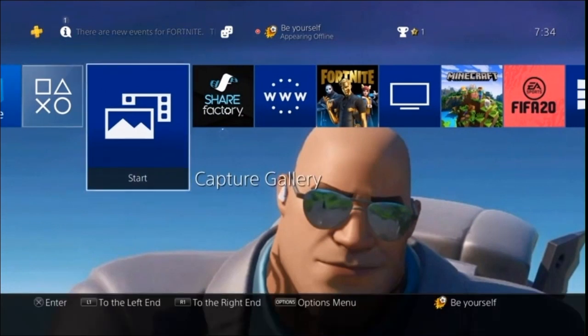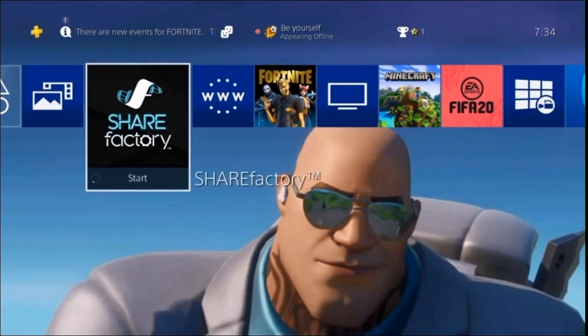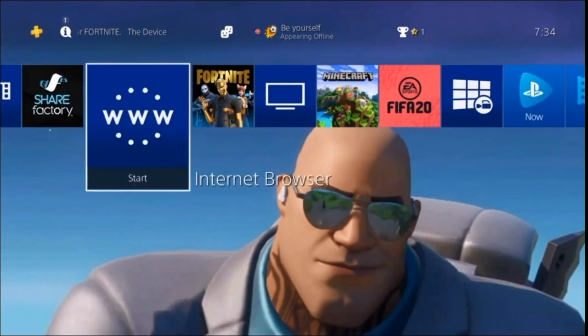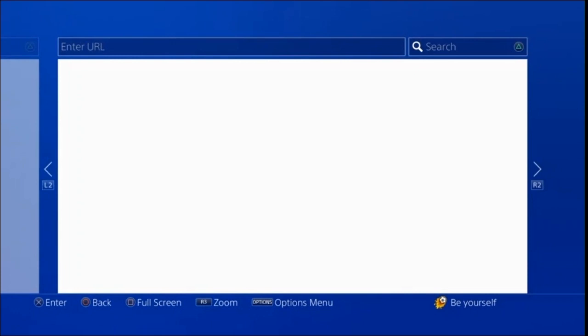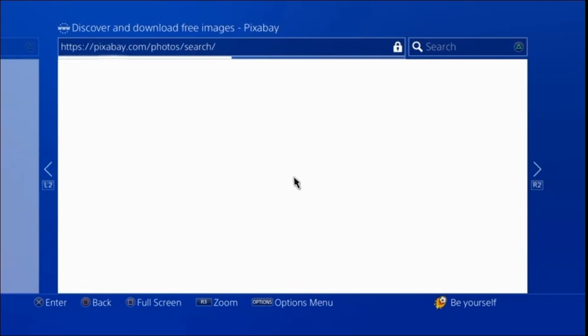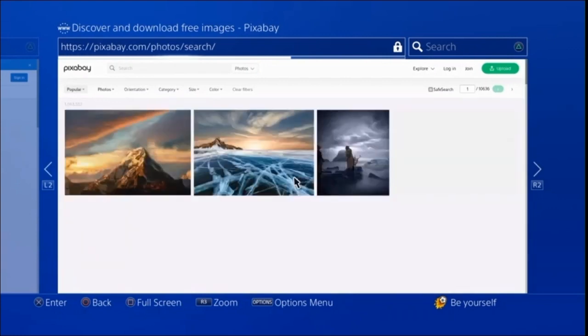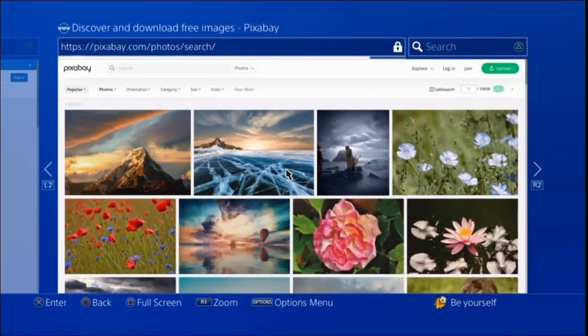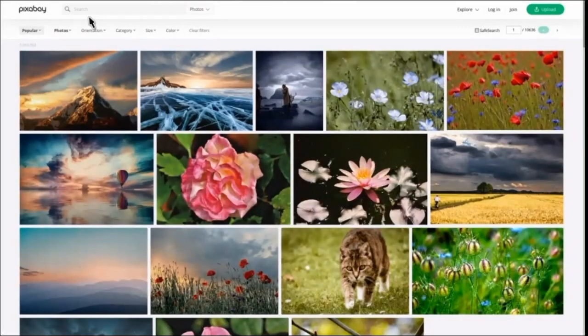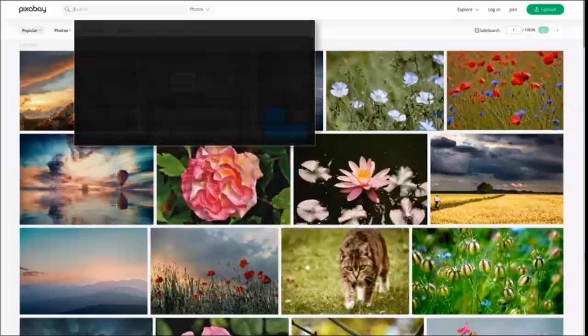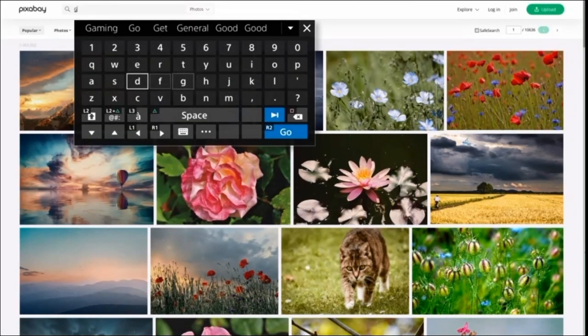Okay, so the fourth option is to go into the internet browser and click on that, and then this will give you options. You could put in the search, you could put Fortnite wallpaper or gaming wallpaper or whatever you're interested in having your background in the search. I'm using pixabay.com, and this has got lots of free images on here, so you can click on there and just type in what you're particularly looking for, so in the search there. So I'm just going to type in something. I'm just going to type in gaming just to see what options we have on there,